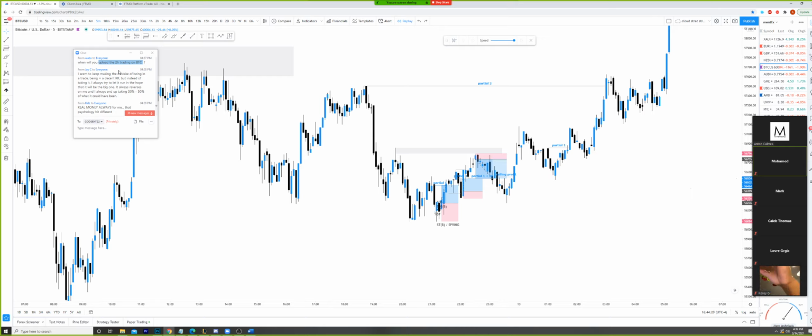I seem to keep making the mistakes of being in a trade, being plus a decent RR, but instead of taking it, I always try to let it run in the hope that it will get the big one. That's exactly what I just spoke about right here, right? So if you got into any of these with the hope that it was going to run to these highs, or got into the sell with the hope that it would run to finally equal lows, you would have lost 1, 2, 3, 4, 5% in this session. On the other hand, if you properly mitigated or even broken even, you would have lost 2% total. Or if you partialed like I do, you would have made plus 3.5, right?